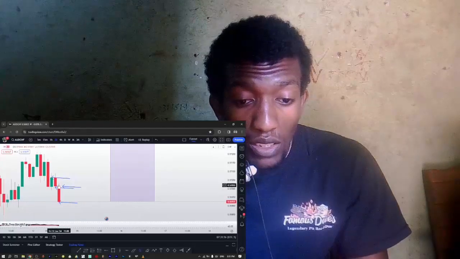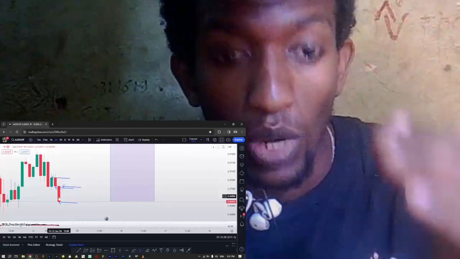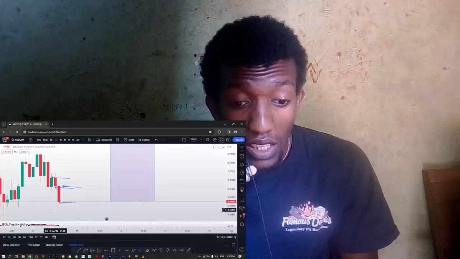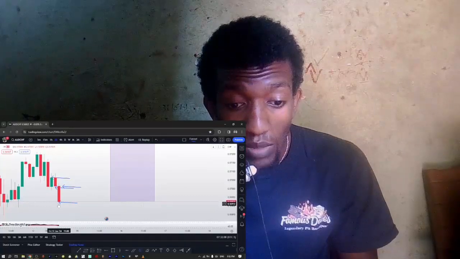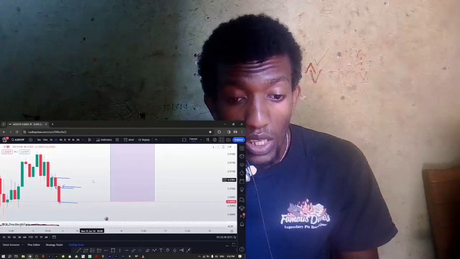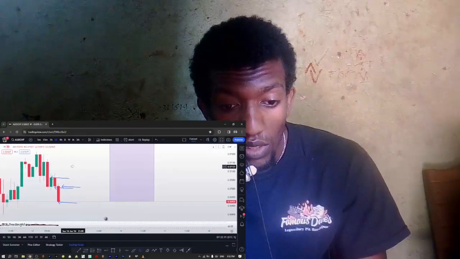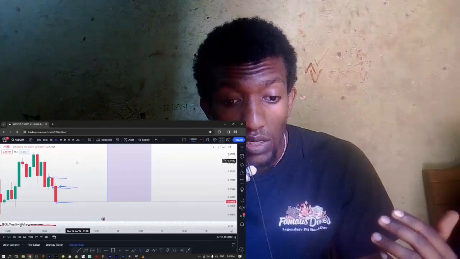The wick that you are seeing, it traded up, and then it traded what? It traded to the downside, right? So it traded to the downside. It closed a little bit above this wick. Okay. Now, if we make our surface clear on the closing and the opening price of the two candles,